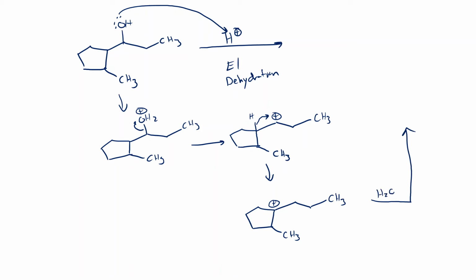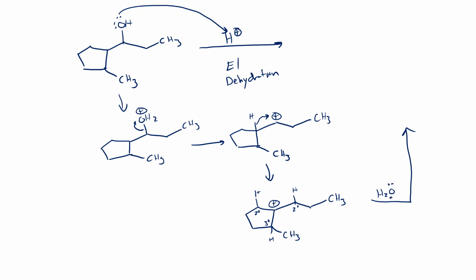going to come to remove a neighboring hydrogen. We have three possible neighboring hydrogens. We can take a hydrogen from there, we can take a hydrogen from there, or we can take a hydrogen from here. Right? Those are the three positions neighboring our carbocation. So we go through and catalog each of these positions. We have a secondary position here, we have a secondary position here, we have a tertiary position here, and so